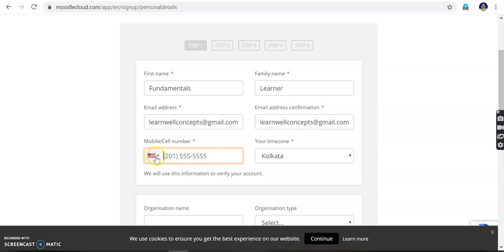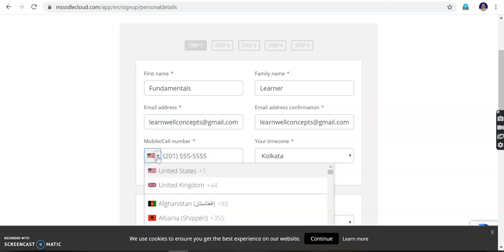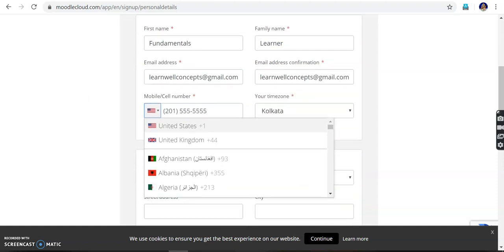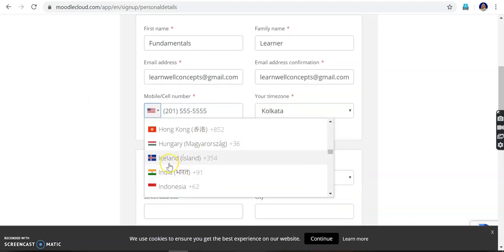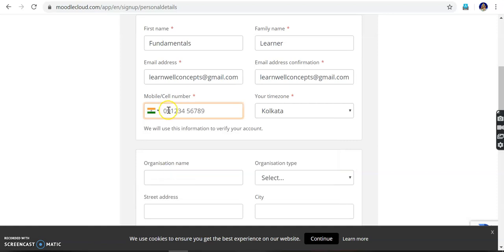And they are asking for the mobile number. Since it's a universal application, we have to definitely enter the country code first. So I press I, it goes to Iceland, India. So I select India. Okay, you keep the cursor here, you press I. Now it's saying that it will be starting with the number 091. Okay, no need to type 091, just type your mobile number. I'm typing my mobile number.